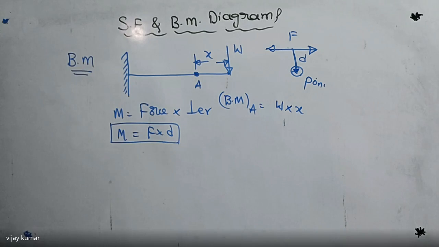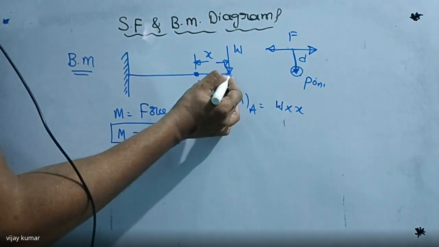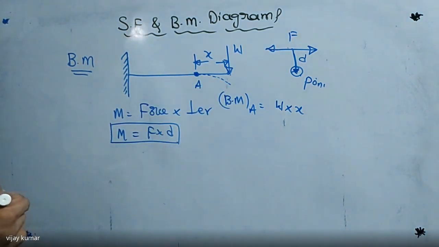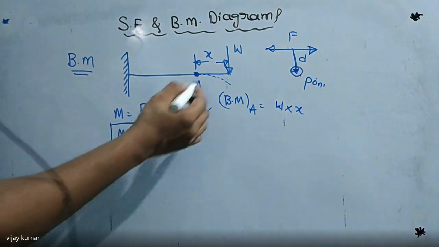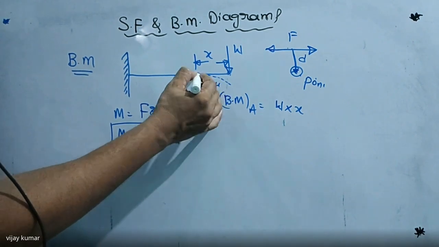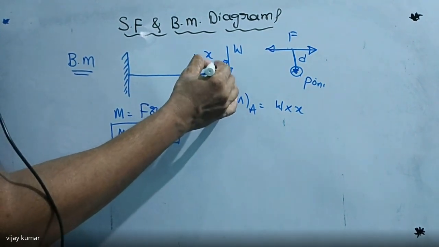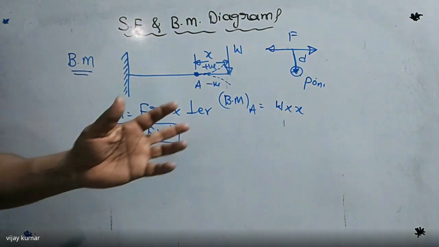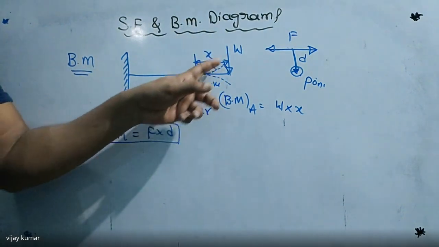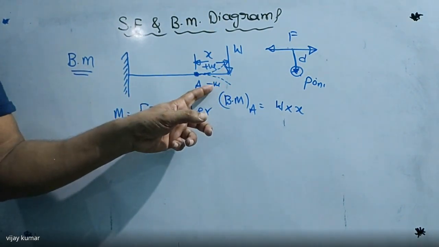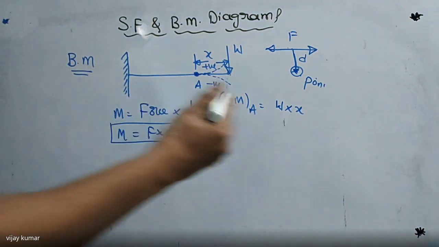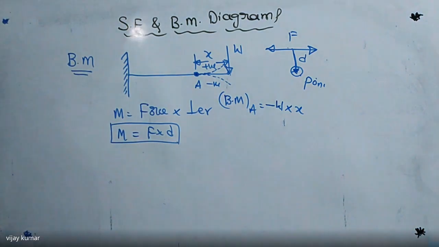So when this force is acting in downward or upward? Downward. So the beam can easily bend like this. Did you get my point or not? So when the beam is bent like this, we can take negative. When the beam is bent like this, we can take positive. So that is directly what I'm saying. I'm not saying about the hogging and sagging moments. We can remember it like this. When the load is moving in downward direction, it is always negative. When the load is moving in upward direction, it is always positive. So I can take this moment here as negative. Got my point or not?